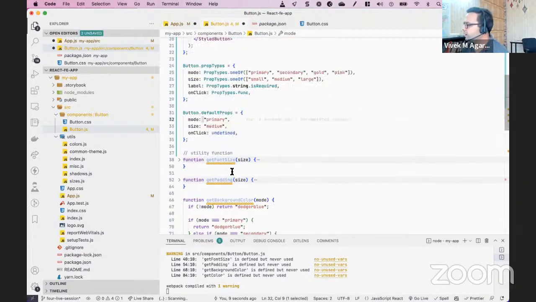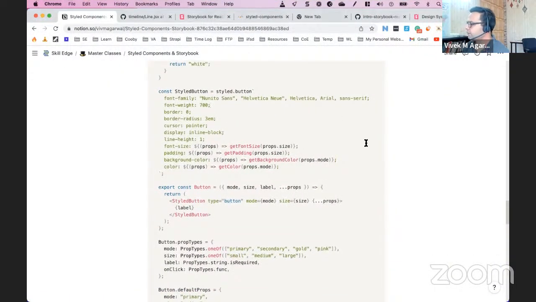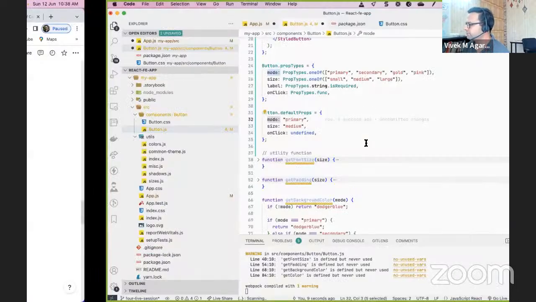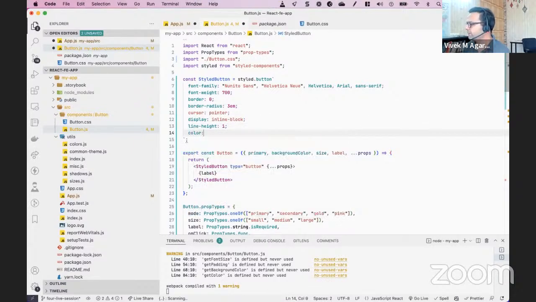Okay, so how we do this, again, I have documented all of these in the sheet. So what we do is we go to color inside the styled component. We have to give it a color. Okay, and we can give it any color. For example, I can give a string value of a shade of blue. Okay, and if I save it,